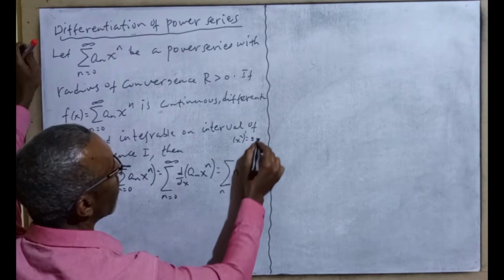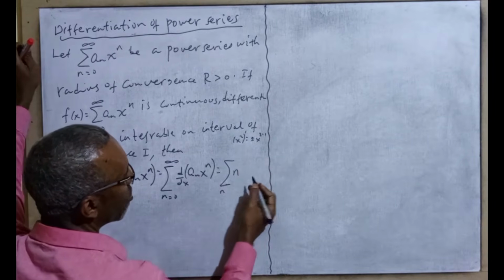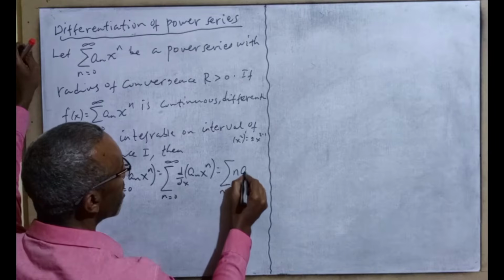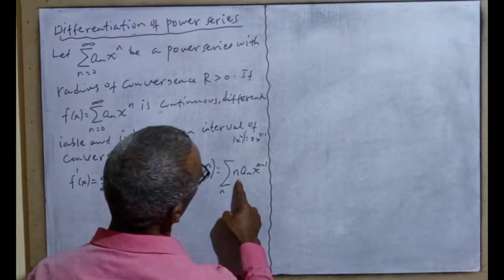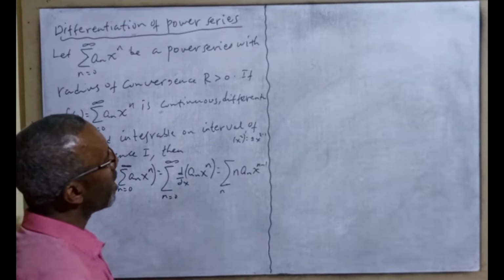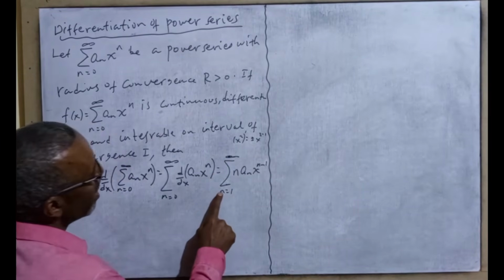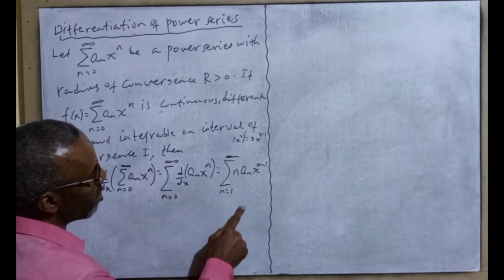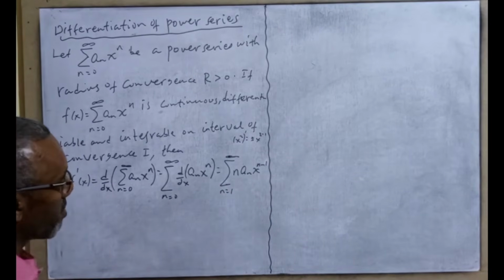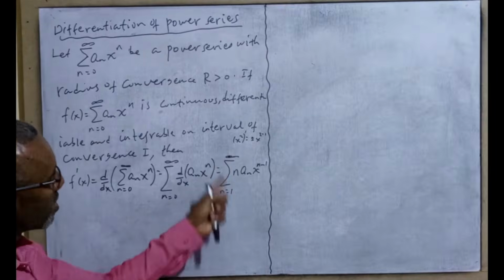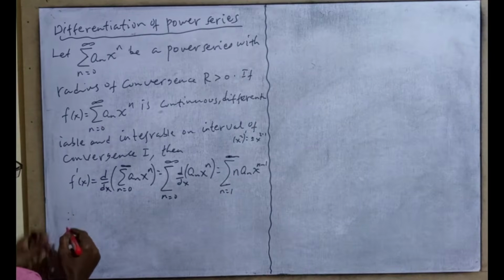2x ይሆናል ማለት ነው። 2x ማለት 2x ታይምስ x raised to 2 minus 1 ከኤክስፖነንቱ ላይ አንድ መቀነስ ነው። ስለዚህ n እዚህ ጋር መጣለሁ n ታይምስ an አድርጌ x raised to n minus 1 ይሆናል ማለት ነው። n times an x raised to n minus 1, n in this case runs from 1 up to infinity, ሰሜሽናችን from n is equal to 1 to positive infinity ነው የሚሆነው። ለምን n 0 ከሆነ x raised to 0 minus 1 ስለሚሆን ማለት ነው 1 over x ስለሚመጣ ማለት ነው። ስለዚህ this is the derivative of this power series ማለት ነው።